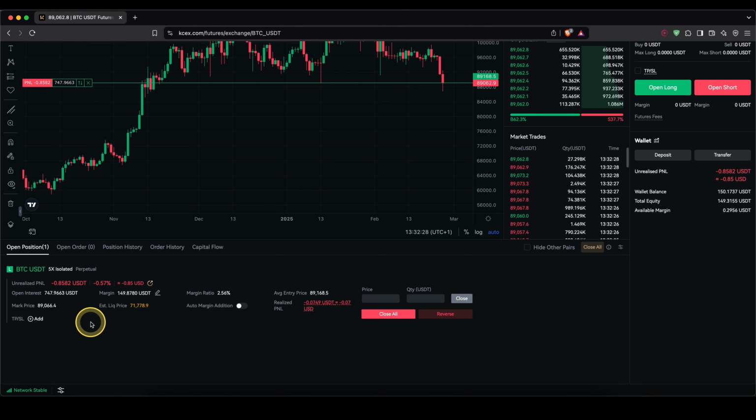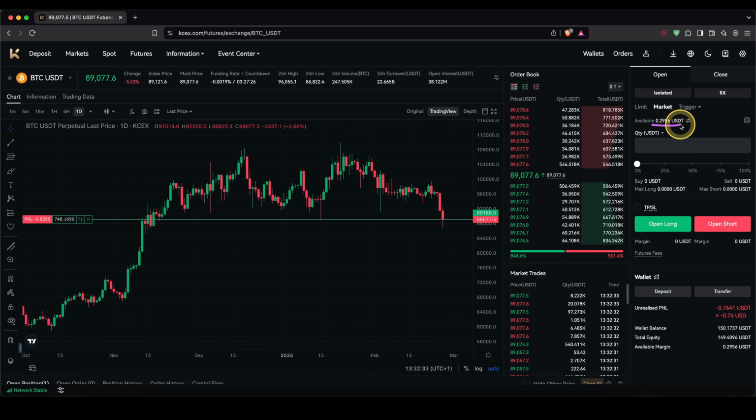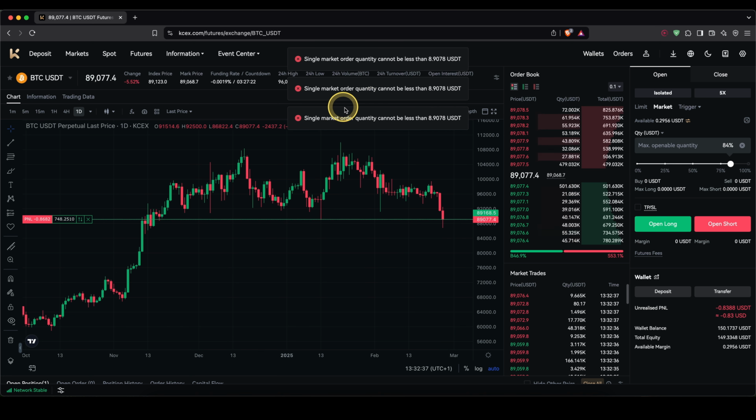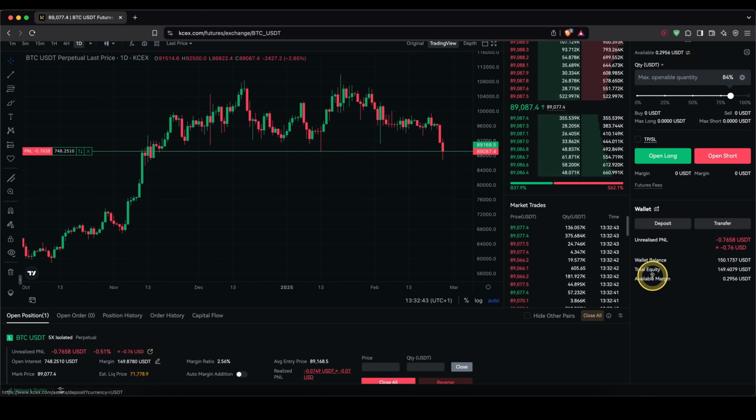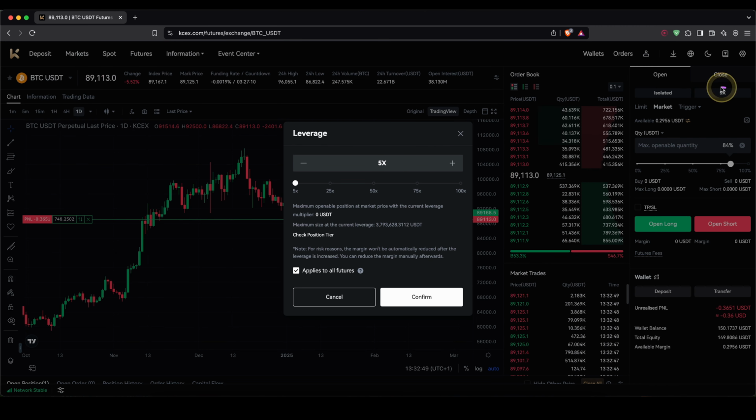If I want to increase the position size even further, that's not really possible because I don't have any available capital in here. So I can't do that. If I try to do, you will see I don't have enough quantity left because the minimum order value is $8. But what I can do instead is then just increase the leverage. And you can do that by simply going up here. Click on your leverage because the leverage is not set in stone by setting it at the beginning, but you can also change it up later on. So in my case, I'm just going to increase this to a 7x leverage, click on confirm,